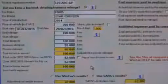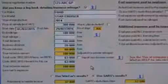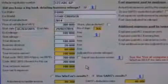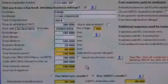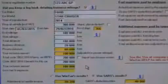A similar mistake would occur if the employer levied too much fringe benefit. Let's say that the code 3802 on the IRP5 was 200,000 Rand. SARS's claim is the 200,000 Rand code 3802 amount times 20,000 over 100,000, which is 40,000 Rand. WinTax says the claim should be 99,200, which is the 200,000 Rand fringe benefit tax levied less the true inclusion amount of